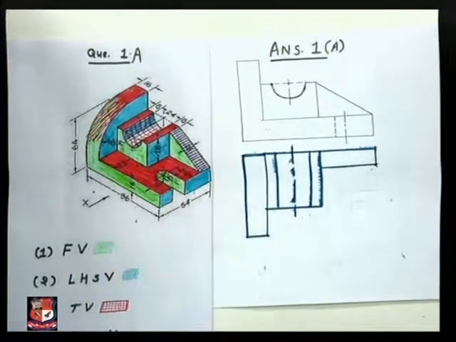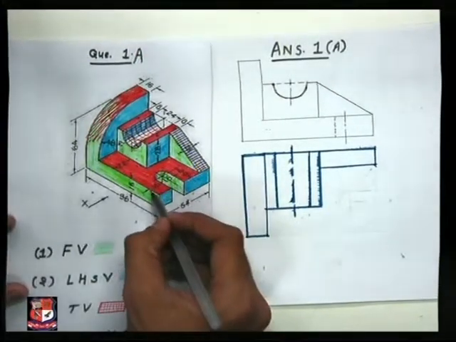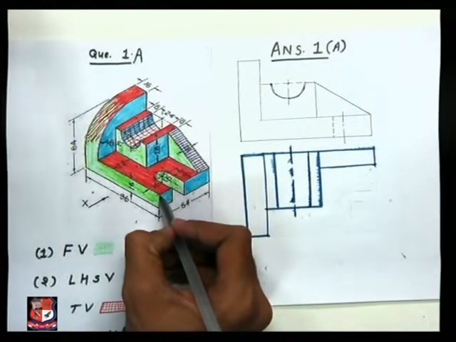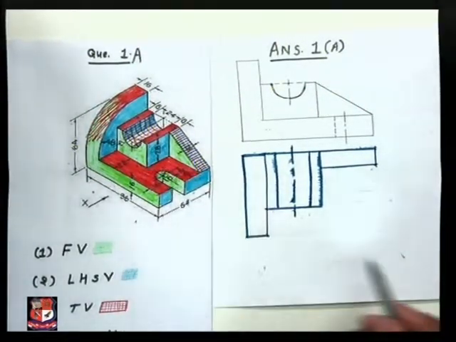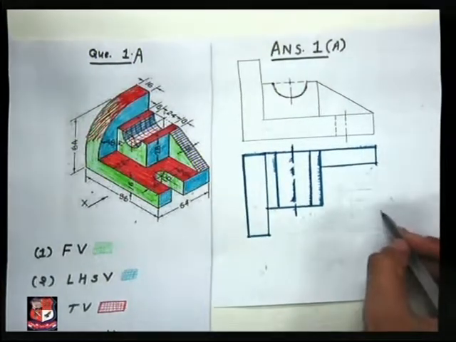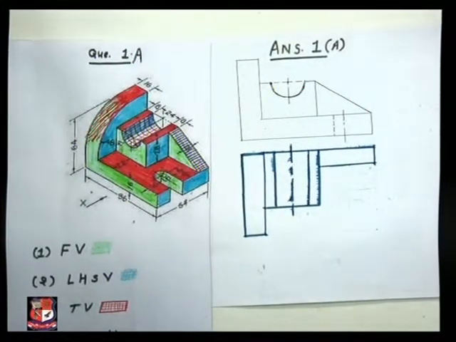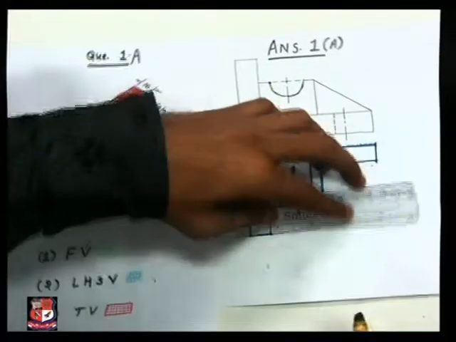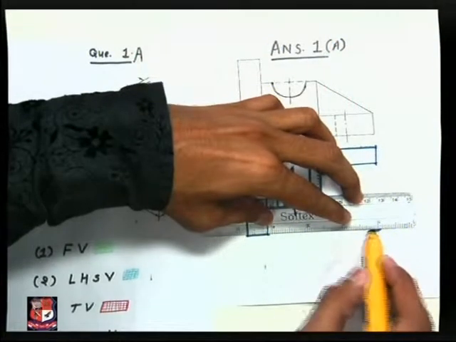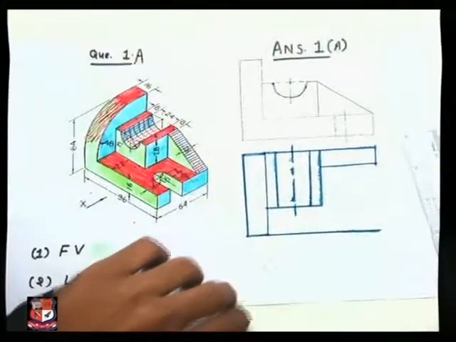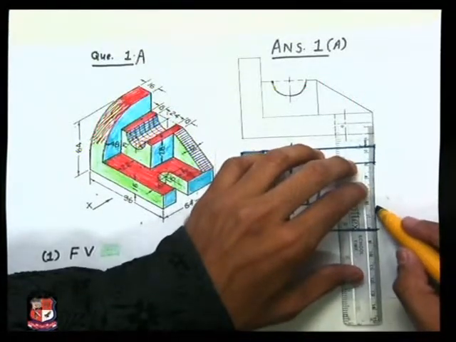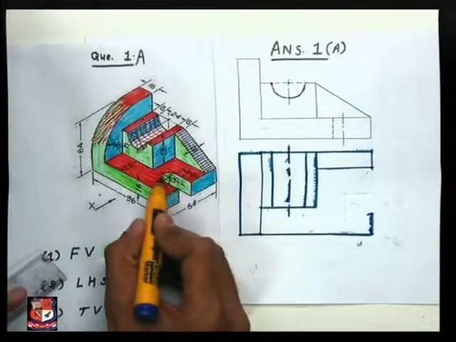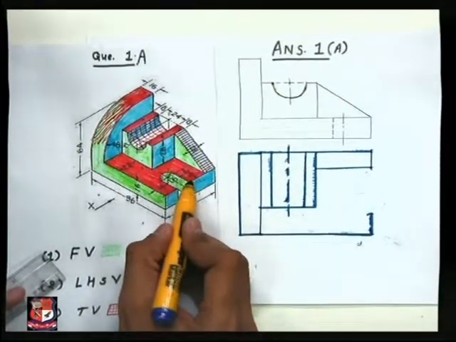Now this portion remains with us to draw in top view, this red colored portion. This distance is given to us as 16 millimeter. From this edge to this edge, 16 millimeter distance is there. So from here at a distance of 16 millimeter on the upper side, we can put a point over here. And this edge would be fully visible in top view, so that we can represent by just a straight line like this. This is a straight line, and from here at a distance of 16 millimeter a point would be there somewhere here. After that, a straight line is there up to distance 20 millimeter. This distance is given as 20 millimeter.